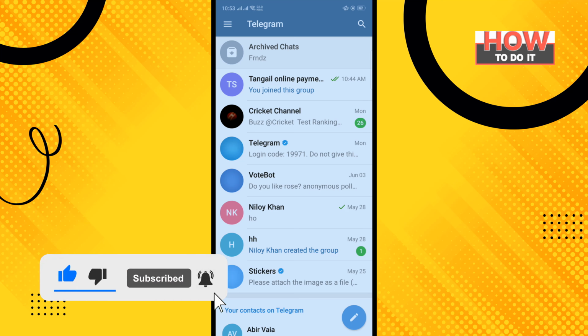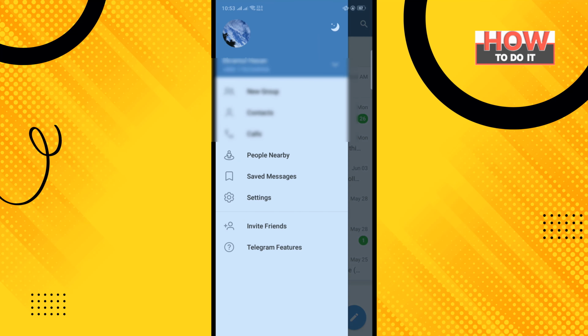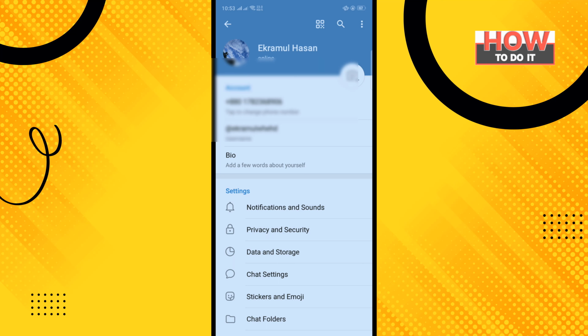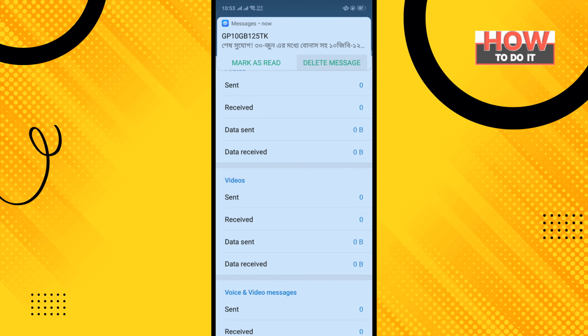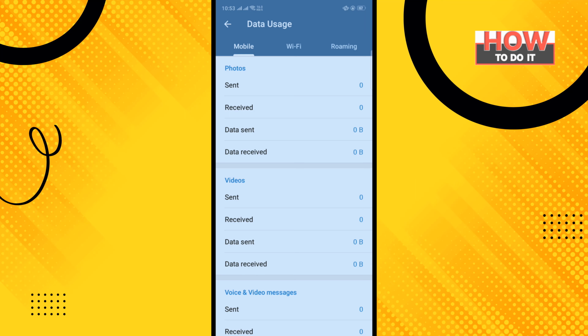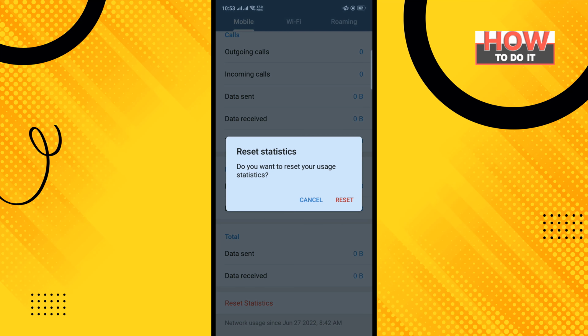How to do it? So open your Telegram app and tap on this three line icon to the top left corner and tap on settings and tap on data and storage and tap on data usage and select mobile and scroll down and tap on reset statistics. Tap on reset